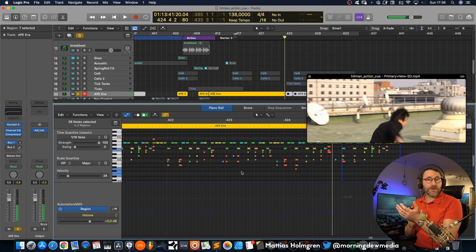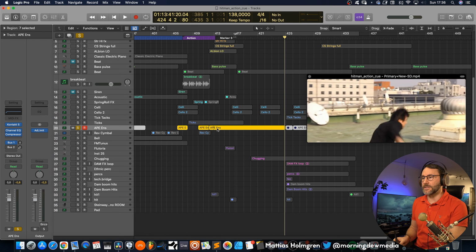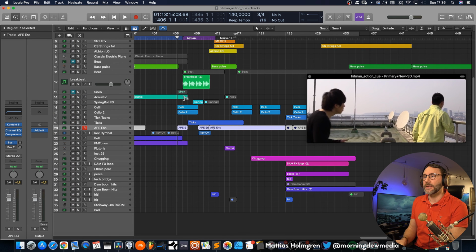So that's basically our rhythm here. Dum dum dum dum dum dum dum dum dum dum dum dum. And that's what we are playing throughout this little percussive part.